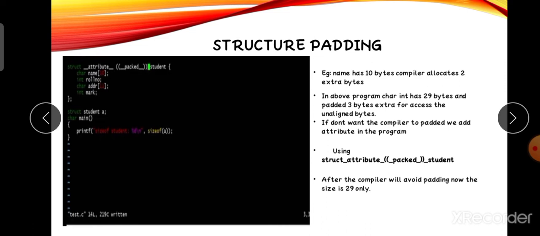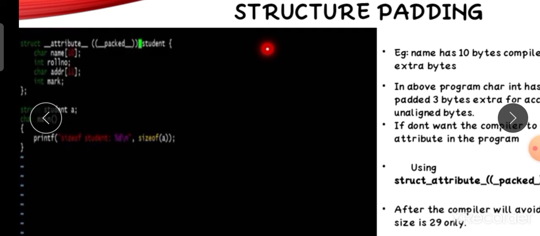This type of unaligned byte has the false value only. So it is unnecessary work for the processor and compiler. It is extra work for the compiler to check whether it is an unaligned or aligned byte. To reduce the processor's extra work, we use padding. Padding means it gives more bytes than required.